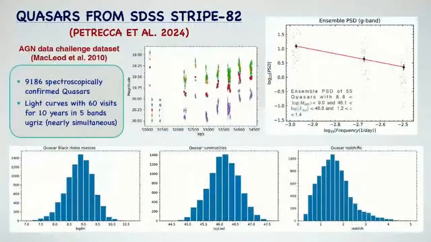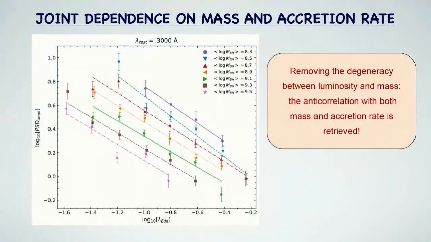So I decided to use the work that Vincenzo Petrecca, who's not here because he's at the other LSST meeting, has done on revising the variability with Stripe 82 quasars. They have the advantage that in terms of the wavelength coverage, baseline, and the richness of the data, it is similar to what LSST will do. And using a quasar sample which has already been studied in several other papers,